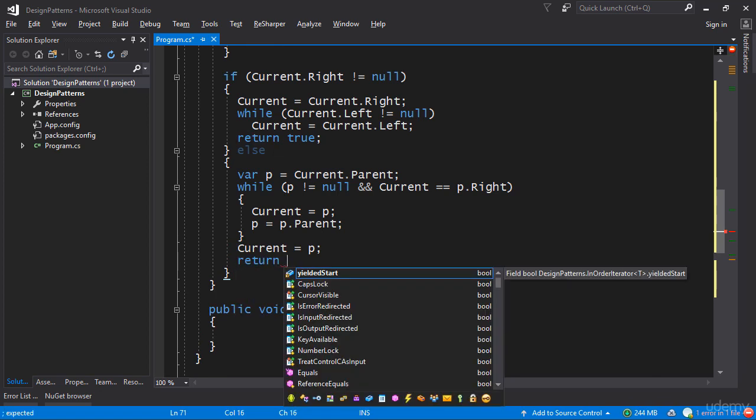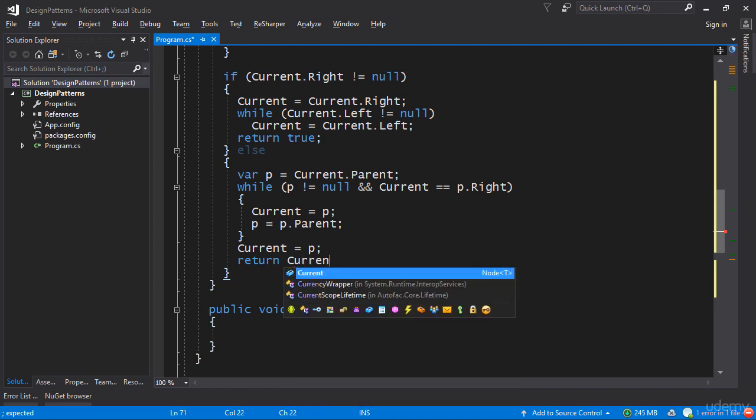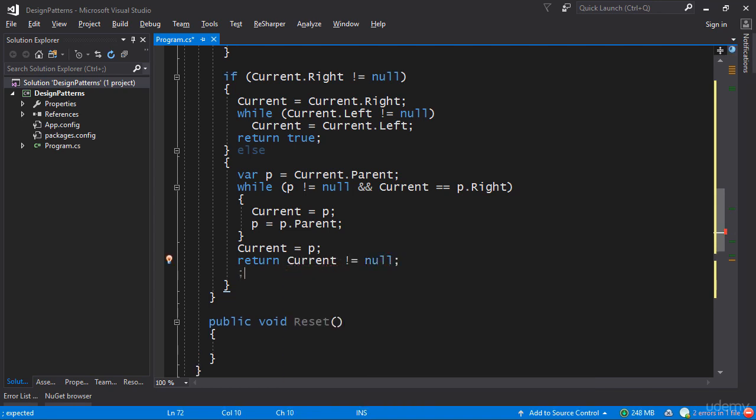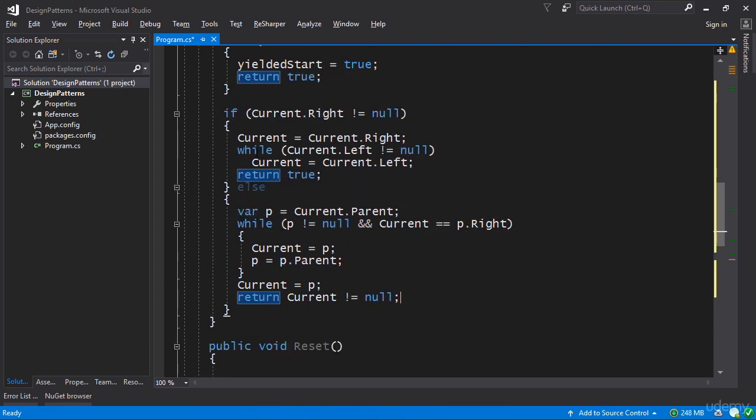And here's the question: what kind of value do we return? Now we can walk up the stack to the point where current actually ends up being null, and that's the terminating condition for our whole iteration. So we return current not equal to null. And that is the implementation of our in-order traversal. As you can see, it looks ugly. I mean, it's nowhere near as